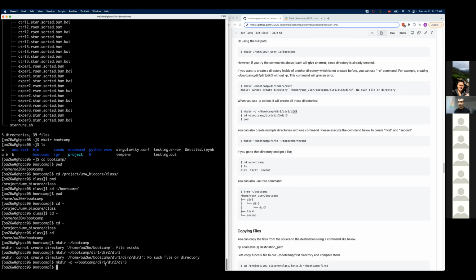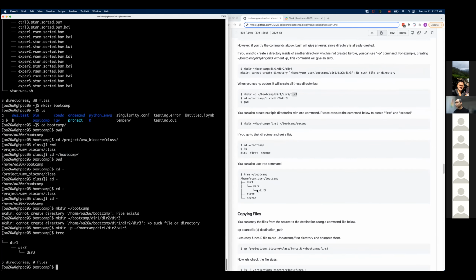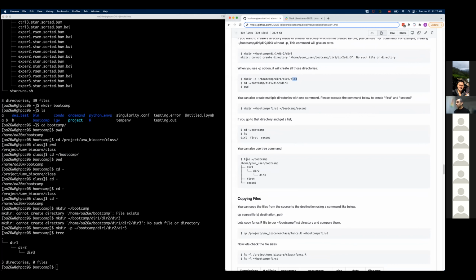Or I could just use the command tree and see: my current directory has dir1, that has dir2, that has dir3. Or, instead of not passing any option to tree, which uses the current directory, I can pass the bootcamp path, and it's going to show me the same thing, which is what's in the bootcamp directory.